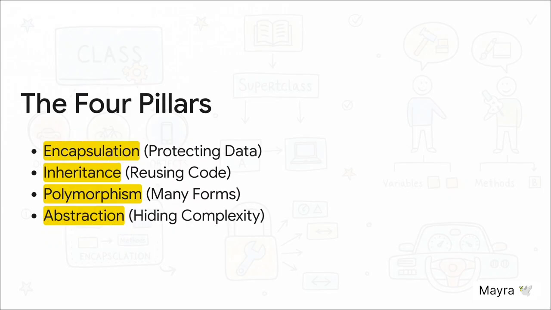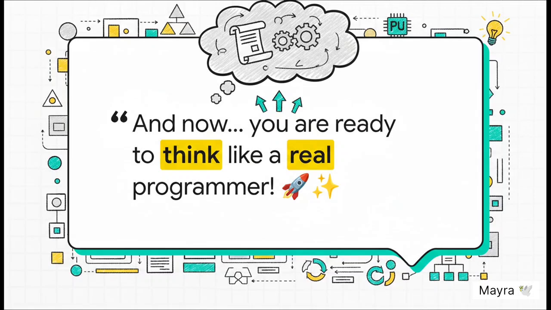And don't forget our 4 superpowers. Encapsulation protects our data. Inheritance lets us reuse code. Polymorphism gives us flexibility. And abstraction keeps things simple. These 4 pillars work together to help us write code that's clean, powerful, and easy to manage. And just like that, you've got it. You now understand the core ideas behind object-oriented programming. You've learned the language, the concepts, and the big picture. And now you are ready to think like a